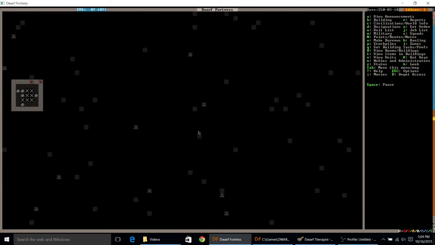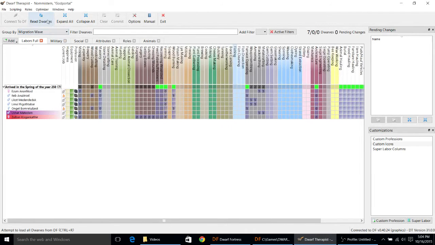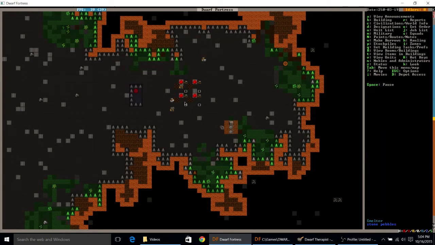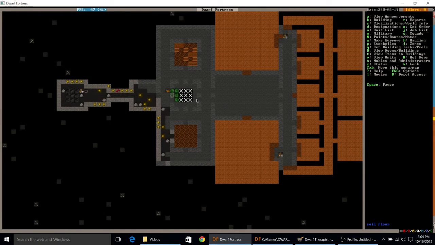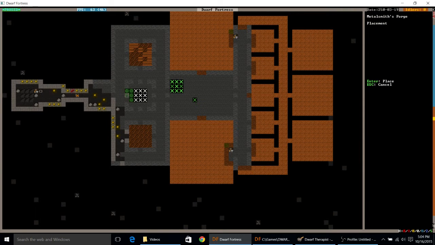Alright, and they are happily digging. What are the rest of them doing? Smelting and otherwise doing things by themselves. We have almost finished with that, which is good. Okay, while you're doing that, someone make me some shale